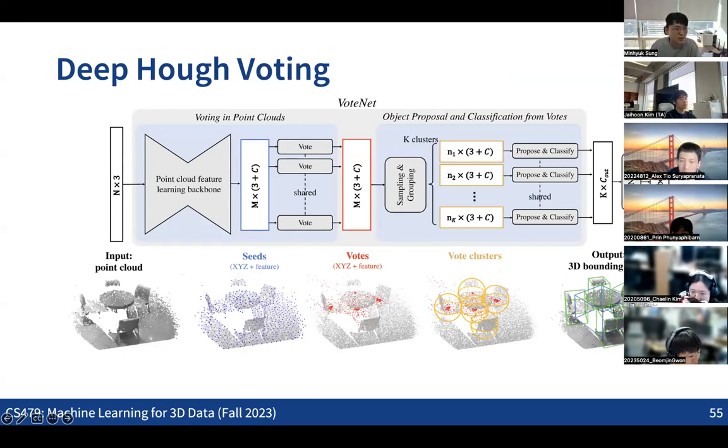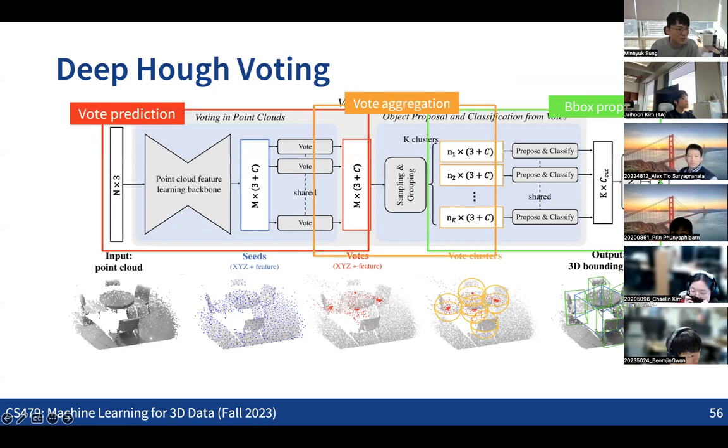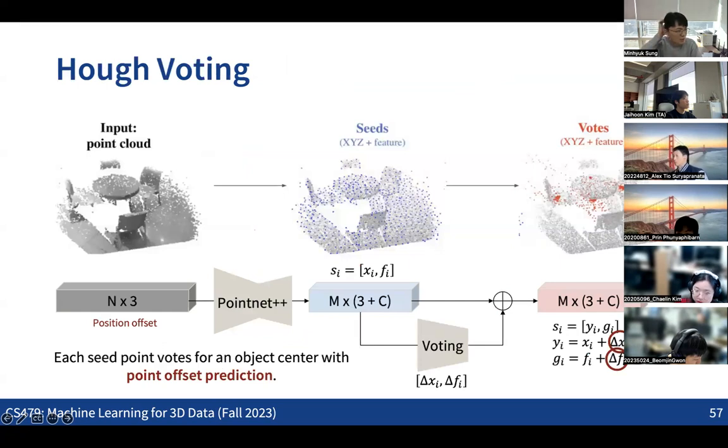The pipeline comprises a few main components. At the very beginning, we use PointNet++ to get some seed points. If you recall the PointNet++ architecture, there's a hierarchy of resolution of the points, right? We reduce the resolution of the points by hierarchically merging local information. At some intermediate level of PointNet++, when you have a low resolution point cloud with seed points,